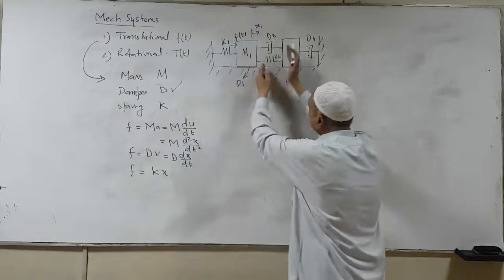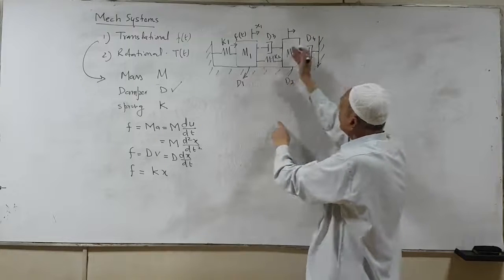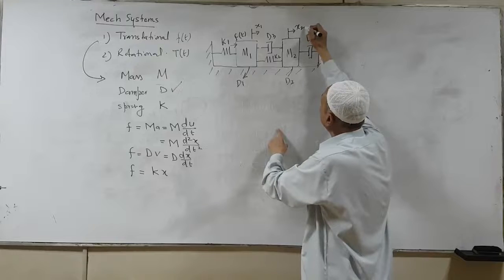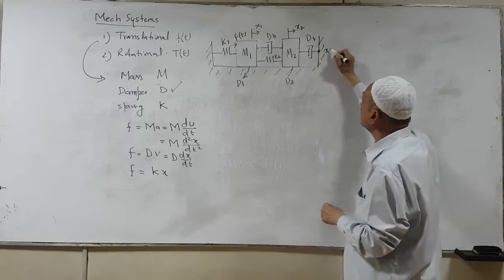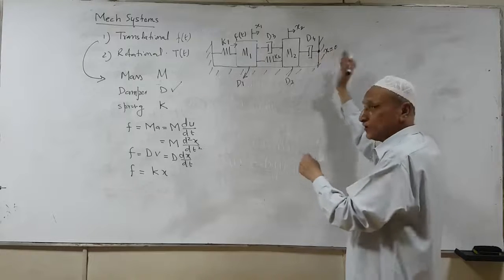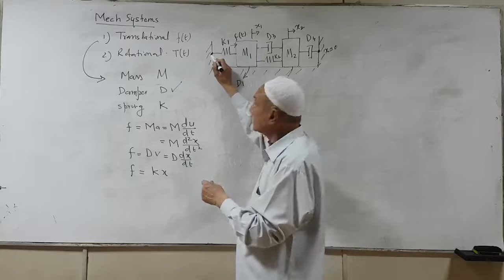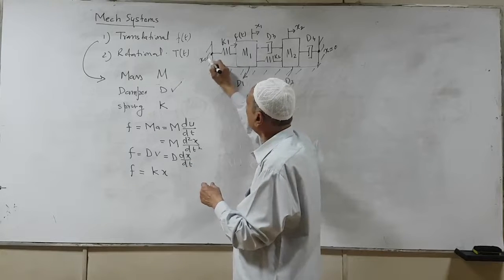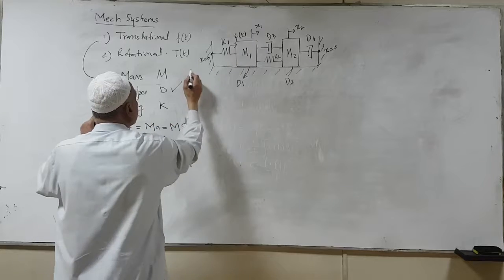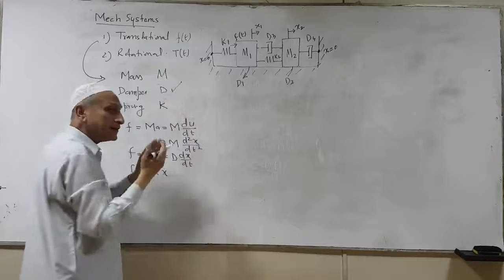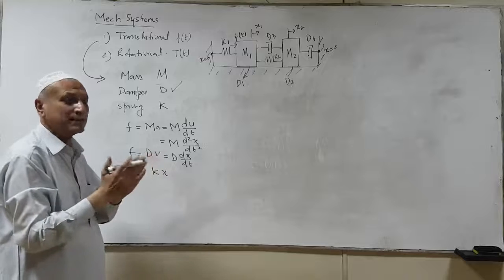Now some of the displacement, some of the energy will be lost, and eventually some of the energy will be acting on mass M2 to produce a displacement x2. Now this is hinged. This is secured to the reference, so the displacement is 0. This side does not move. Now similarly, this side is also connected to the reference, so the displacement is 0. Now remember one thing. When we talk about a mass, mass is a rigid body. So this means displacement on both sides of the mass will be the same.